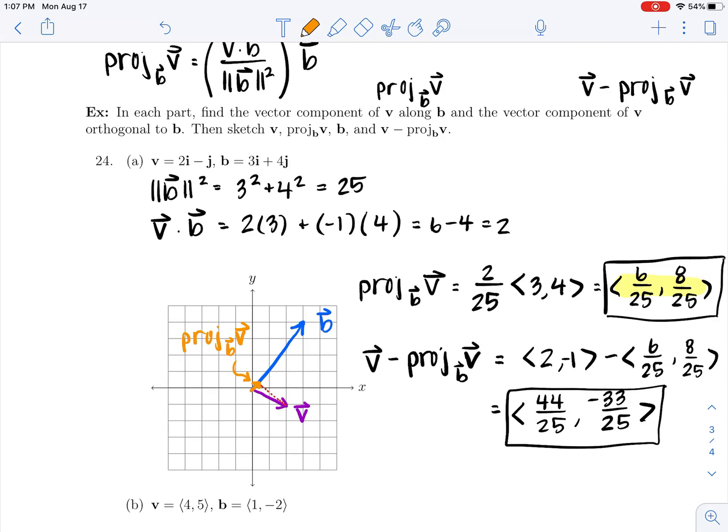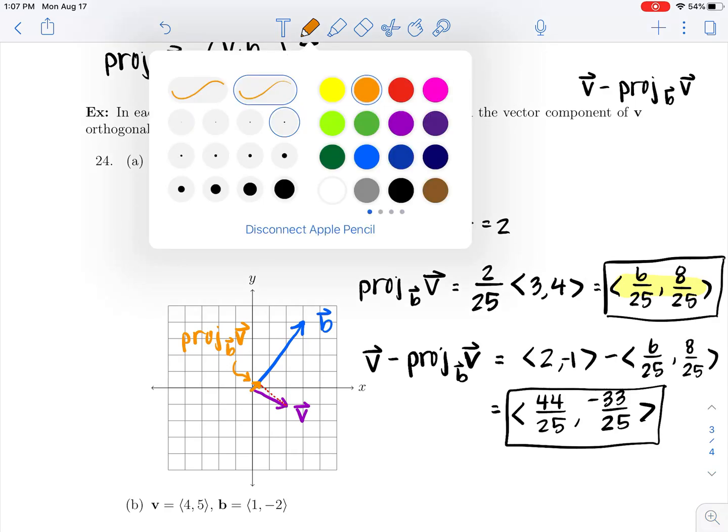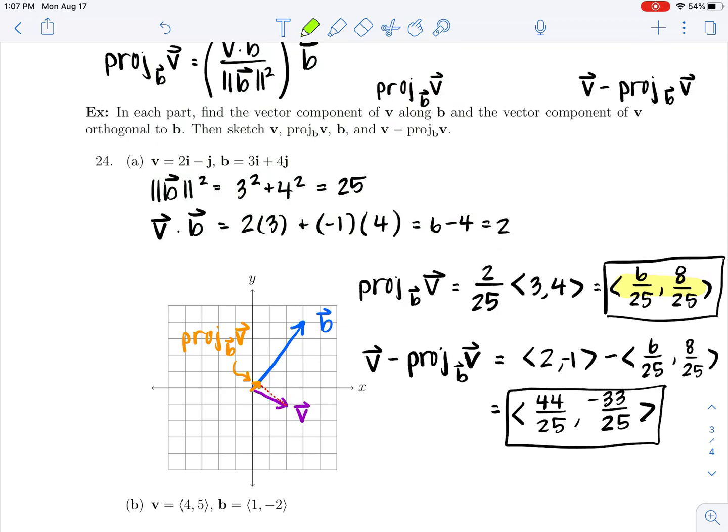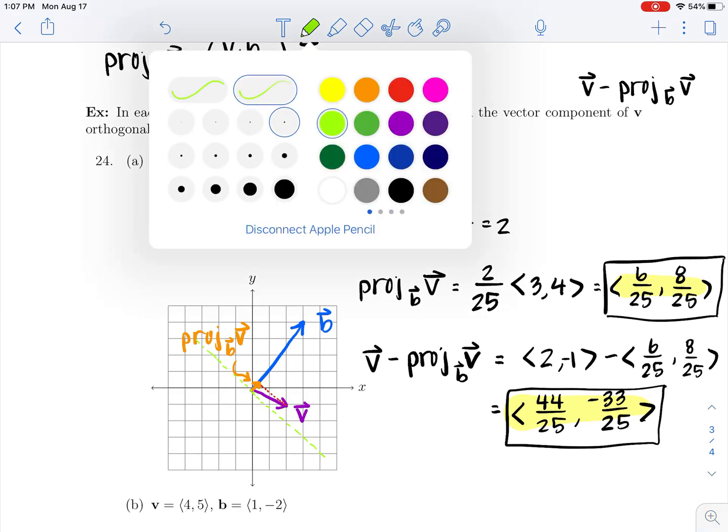Now we'd like to also find the projection orthogonal to B. So what I'm going to do here is maybe I'll use bright green, and I'm just going to draw a bright green line that's perpendicular to vector B. So now what we're trying to do is we're trying to project V onto that green line. So you can kind of see it's just going to move ever so slightly. But without using that as a guideline, let's look at what we found here, which I just also highlighted in yellow, that projection vector. What color should we do this one in? Let's do